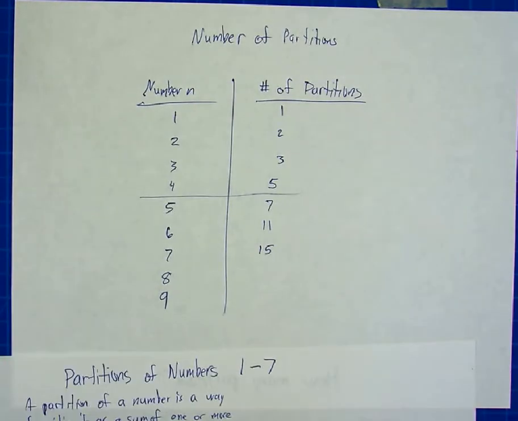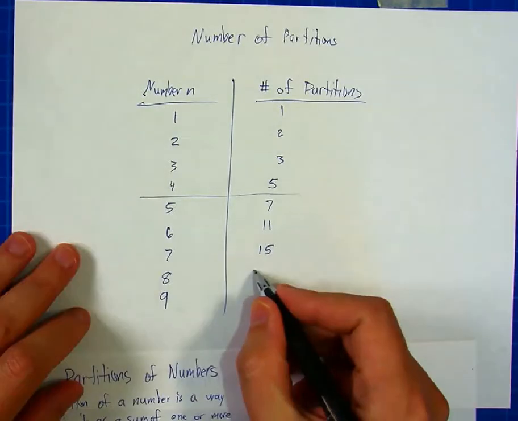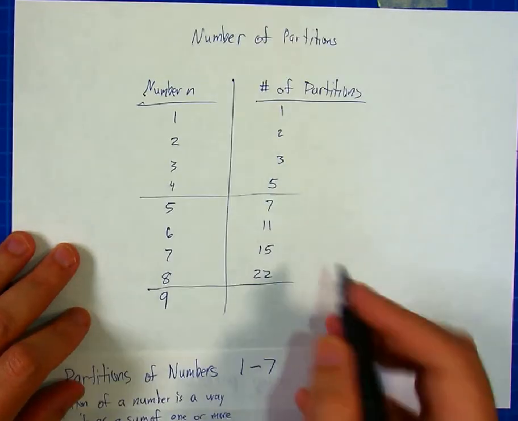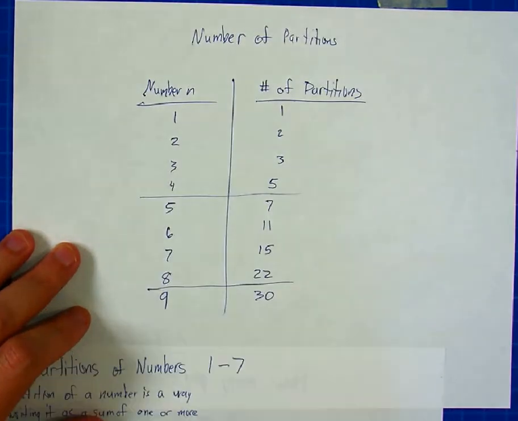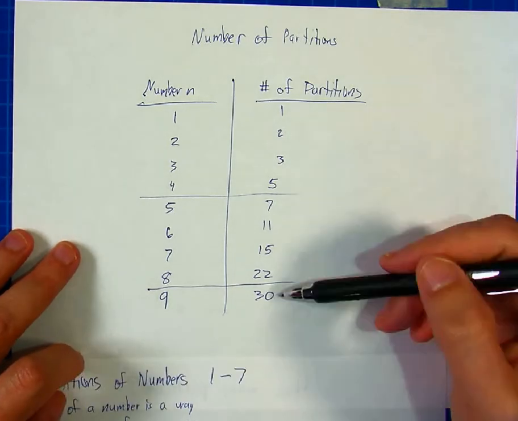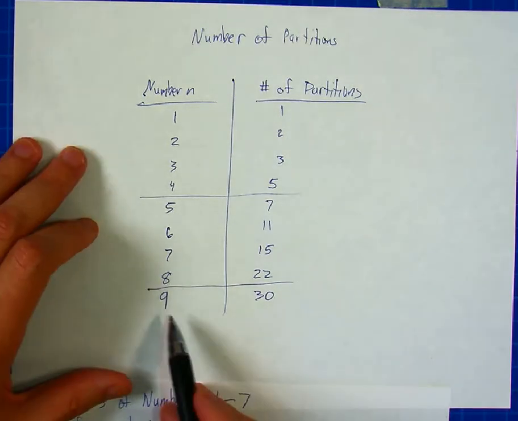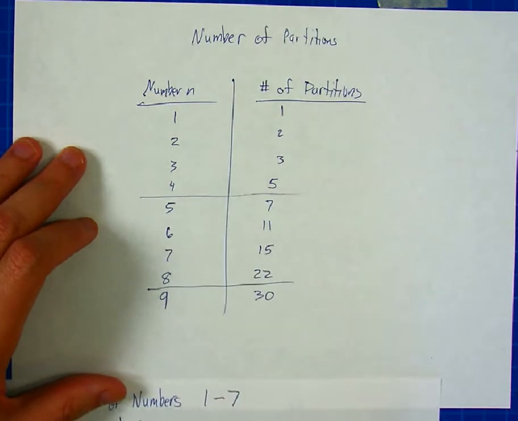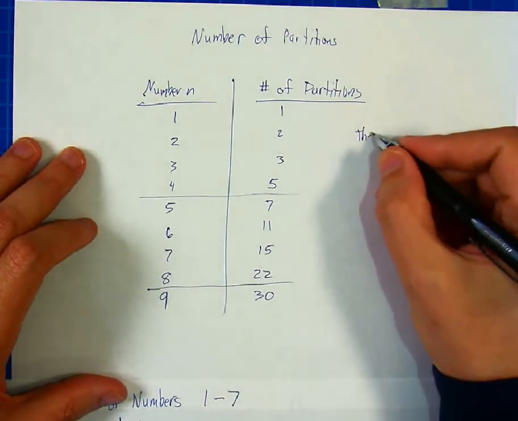And then for number 8, there are going to be a total of 22 partitions, and for 9 there are 30 partitions. So what kind of formula is this? It's none of our familiar patterns. In fact, this is its own pattern. If you could work this out, 10, 11, 12, and so beyond, you find some pretty startling facts, is that this sequence